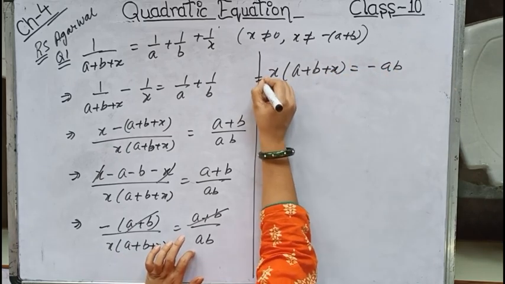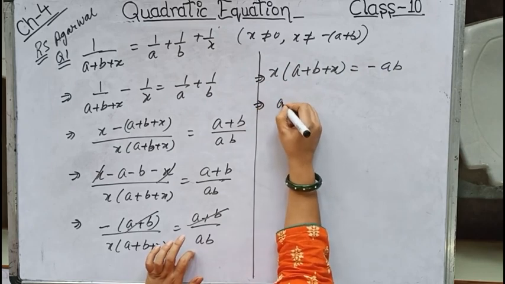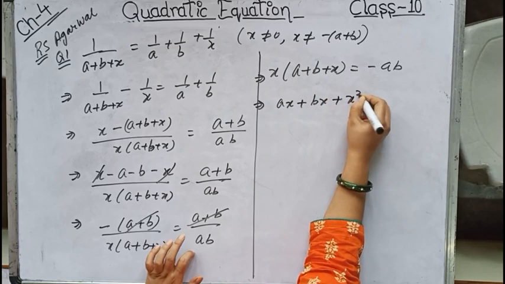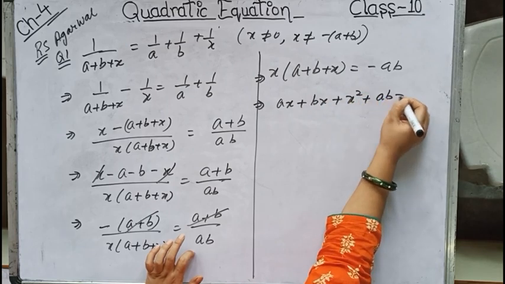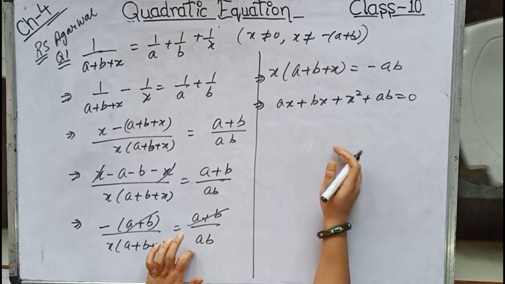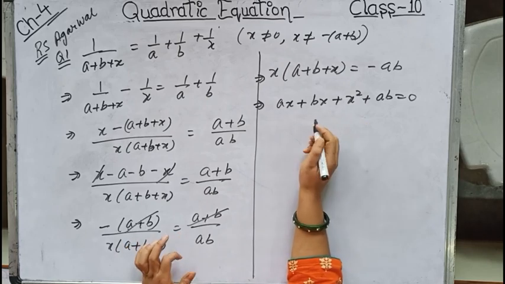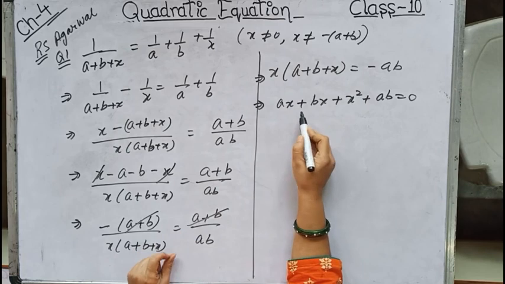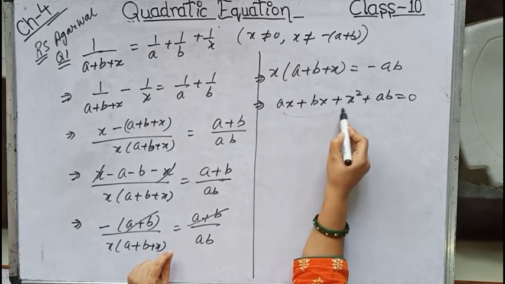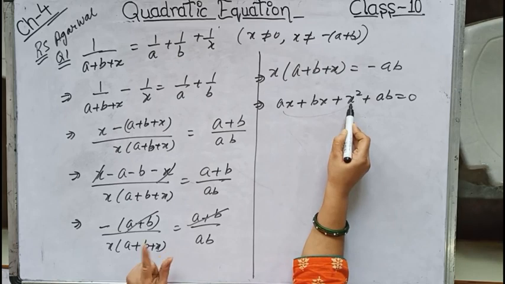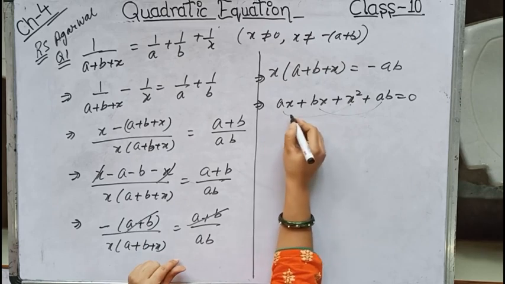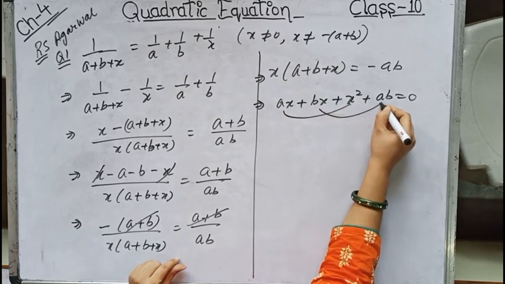Let us bring it this side. So this implies ax plus bx plus x square plus ab equals 0. Now we have to arrange in such a way so that I could get two polynomials, I mean linear polynomials, as the factors. So I will be taking x common from these two terms, getting x and x plus a, and over here the common is b. I am taking common from these two and these two.